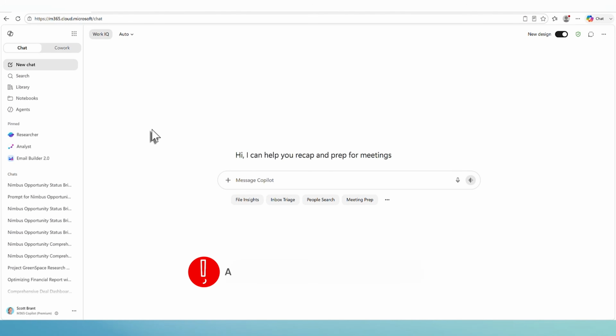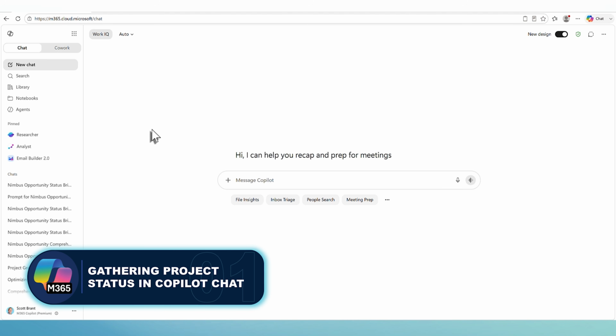But how can we bring it all together? Well, in today's tutorial, I'll be showing you how. So let's head into Copilot and find out how we can use Claude in Copilot to deliver even better outcomes. So let's kick off and check out Copilot Chat, because Copilot Chat can bring all of the information together across